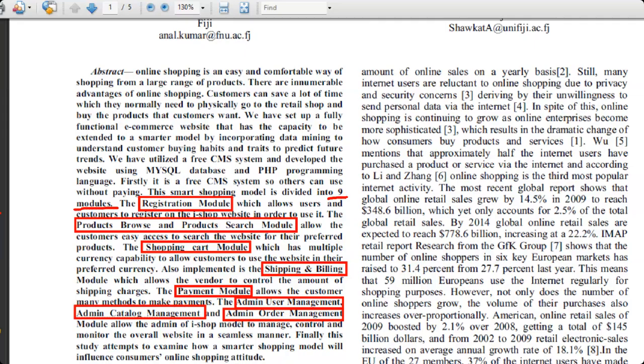Order management means admin can manage the shopping cart of the user. Suppose the user added 5 items in a cart, then admin can say that you can add only 2, you cannot add 4. He can remove the cart. Some items in the cart are out of stock, so he can put the status that these are out of stock and we can't deliver. All that admin can do.